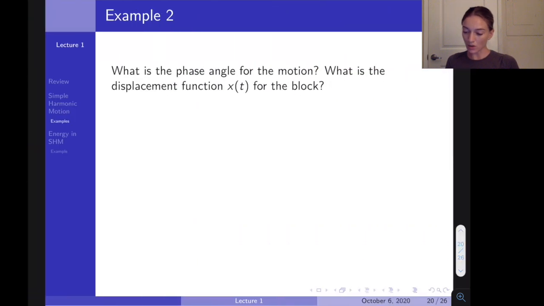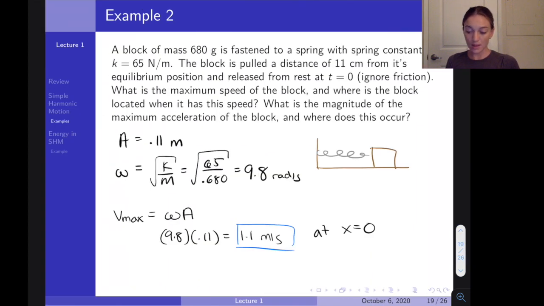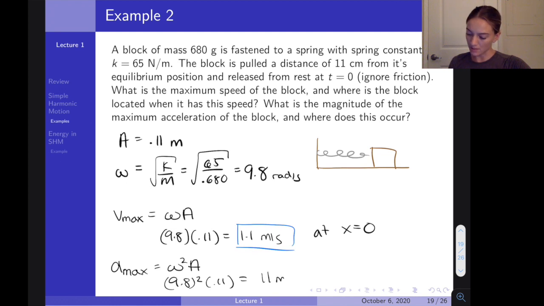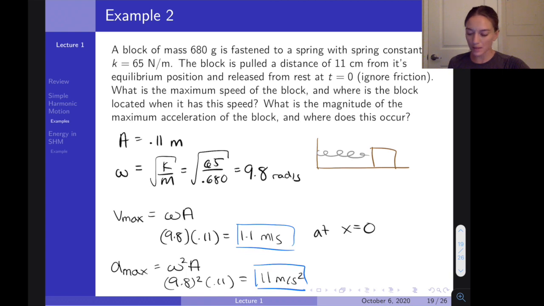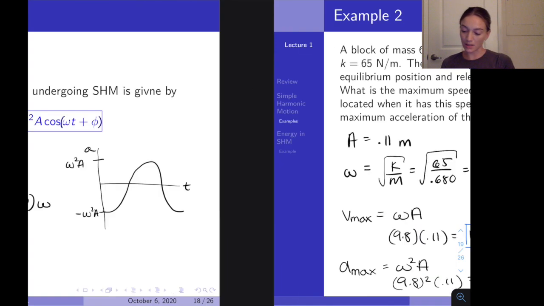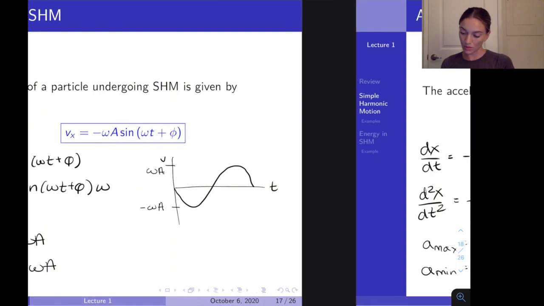And now we want to know the maximum acceleration. So a max, as we saw in our previous slide, is omega squared A. So we just plug in 9.8 squared times 0.11, and that gives us 11 meters per second squared. And now the maximum acceleration occurs at the endpoints, right? Because let me go back to